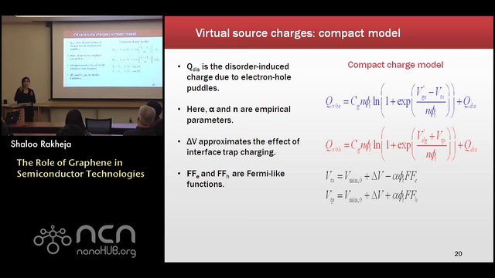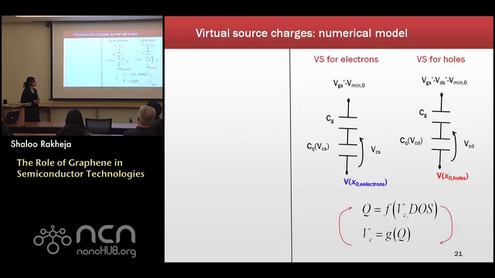So a question that you would ask me is, how do you know that these expressions are valid in graphene? And to answer this question, we did numerical computation of charges by exploiting the concept of voltage divider networks at both the virtual sources for electrons and holes. In a quasi-ballistic transistor, the concept of virtual source, this voltage divider network, is indeed valid at the virtual source points, even though it may not be valid within the rest of the transistor.